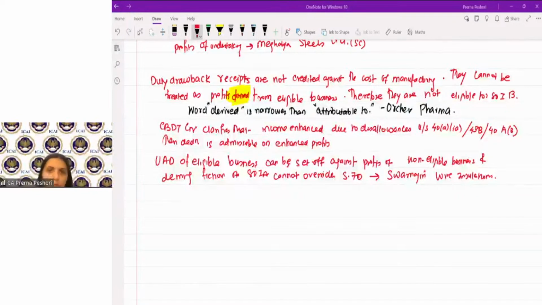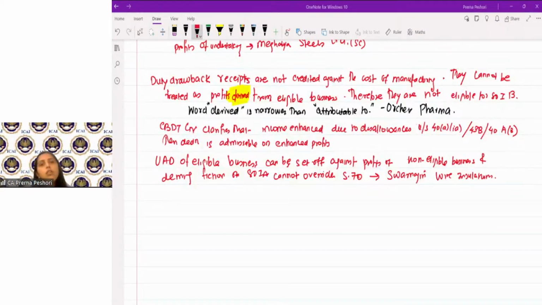Now the Supreme Court looked into the objective of the company from its memorandum of association, wherein it was clearly specified that it will carry on the business of the firm, and all the properties of the firm will vest in the company and the firm will cease to exist on the conversion. So the assessee company is qualified for the deduction under 80IA because it carried on the business of the firm and the firm ceased to exist on the conversion, and therefore the deduction was also allowed to the company.